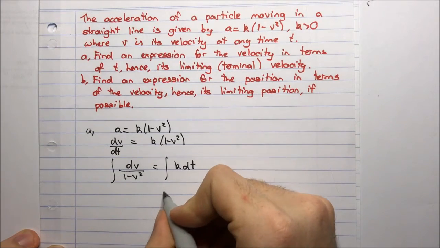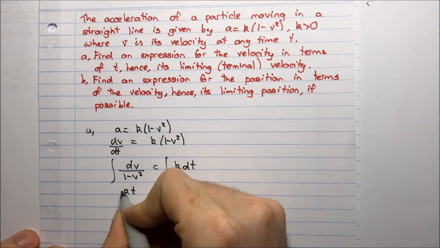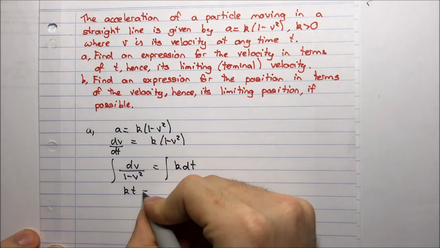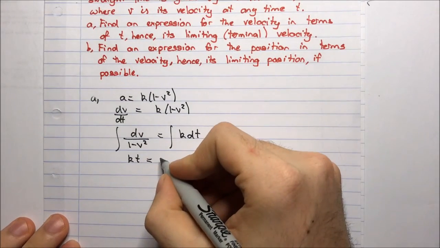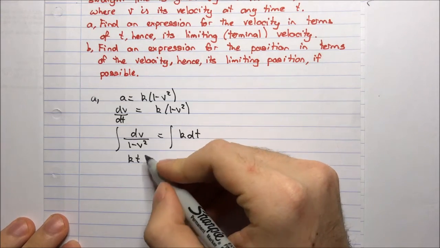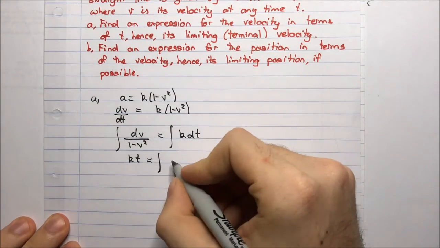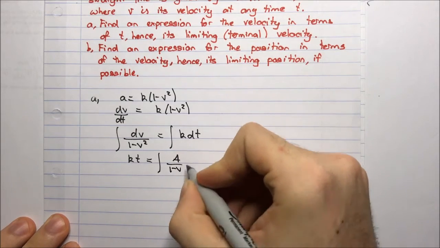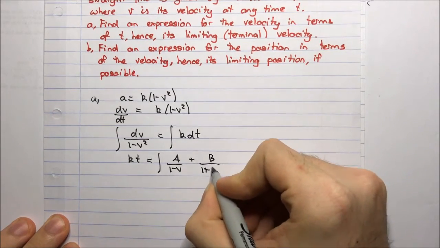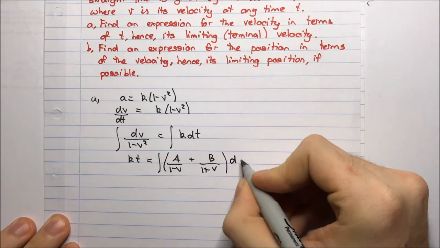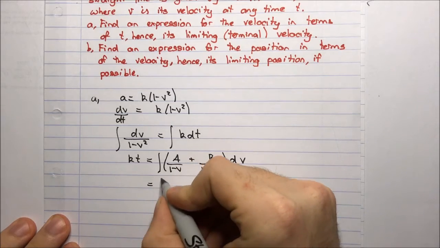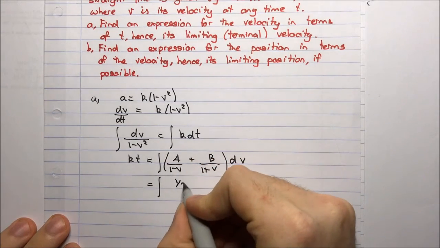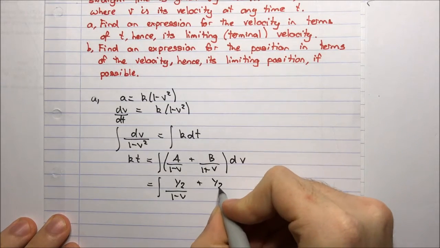Alright, now the right hand side is quite simple, it's kt. Now the left hand side, if I want to integrate this, hopefully you can recognize that this is a partial fraction integral. So I need to decompose these into partial fractions, which would be a on 1 minus v plus b on 1 plus v dv. Now, if you were to work out your constants a and b, they would both be equal to a half, but I won't do that in this video, although it's a good exercise to check that yourself. So, this is what we have,